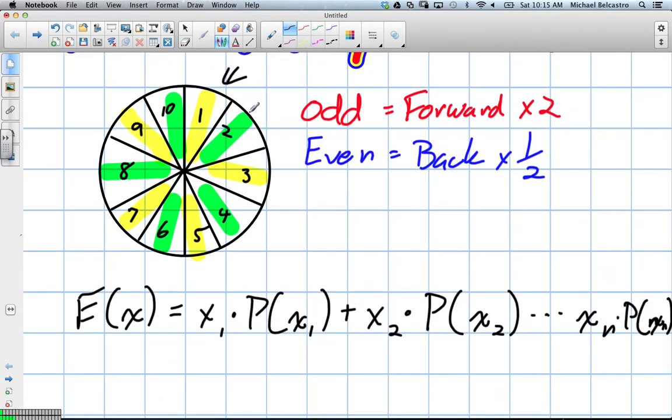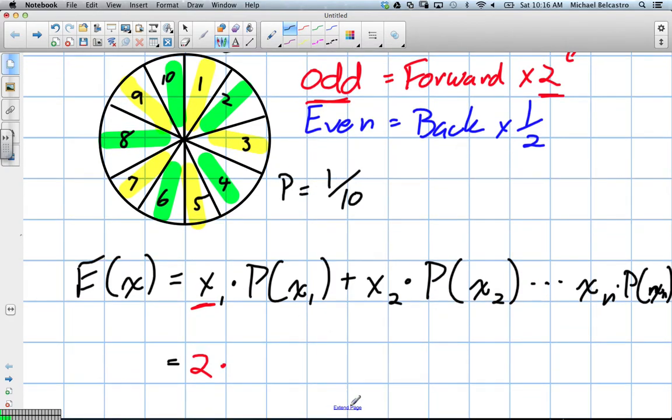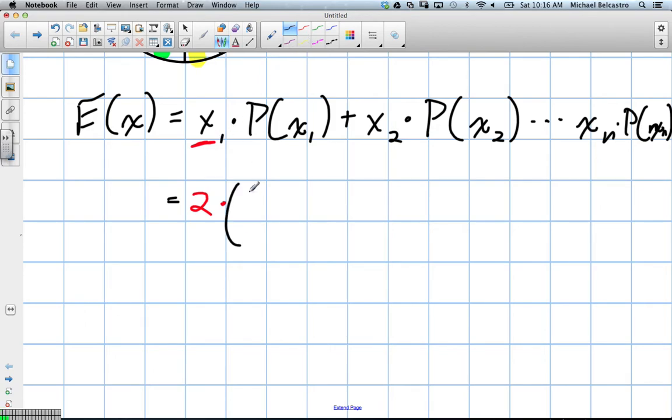The very first one, if we were to spin a 1, that is an odd number. So essentially our value is actually 2 in that case, because we take that odd number and multiply it by 2. So our value of the very first one will be 2. But we have to multiply that by the probability of spinning a 1. And what would the probability of spinning a 1 be? 1 out of 10. Yeah, that's right. Because everything's the same, the probability of everything here is going to be 1 out of 10. So we're just going to go through the list here and add all the values together. The second event